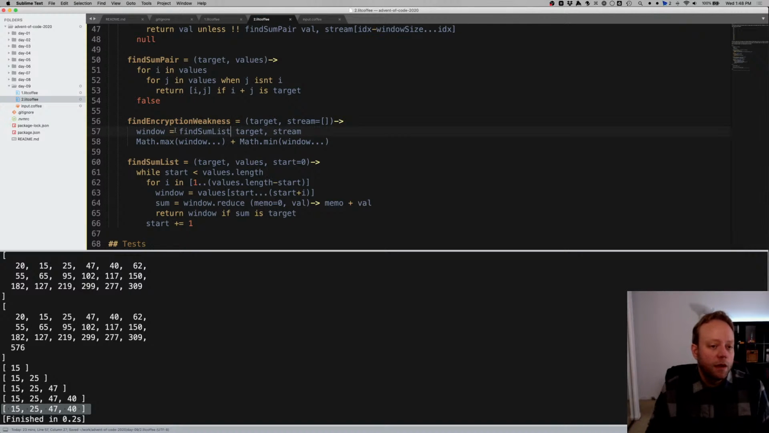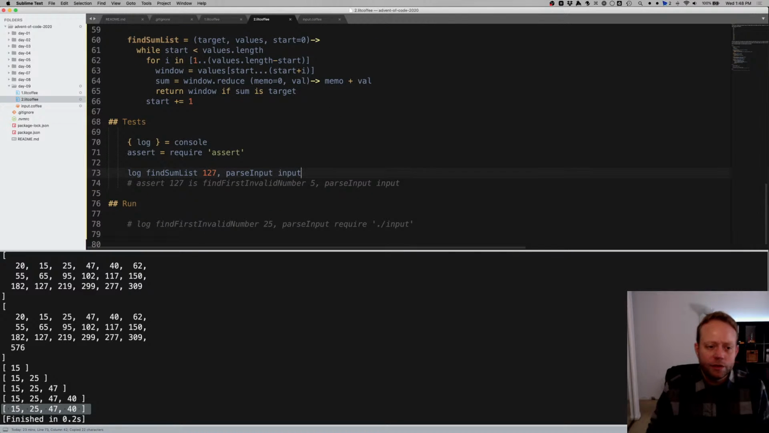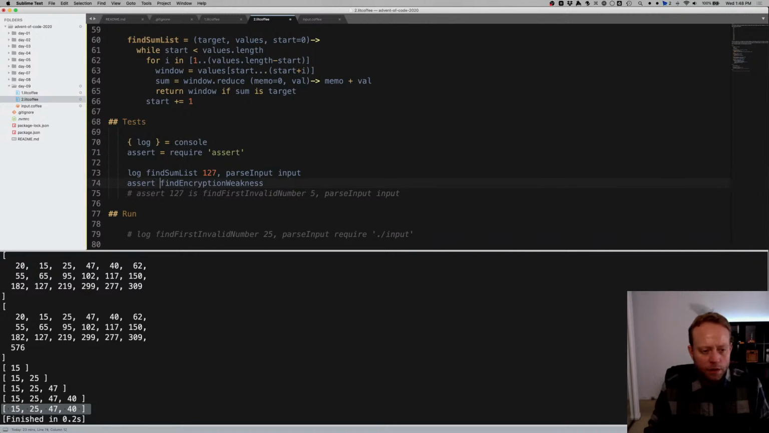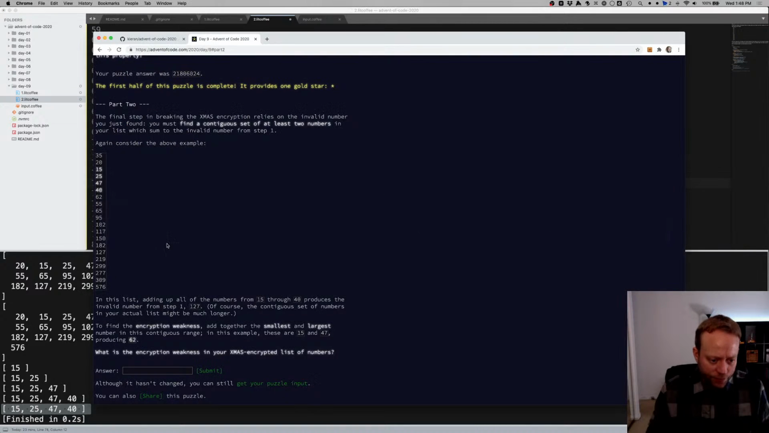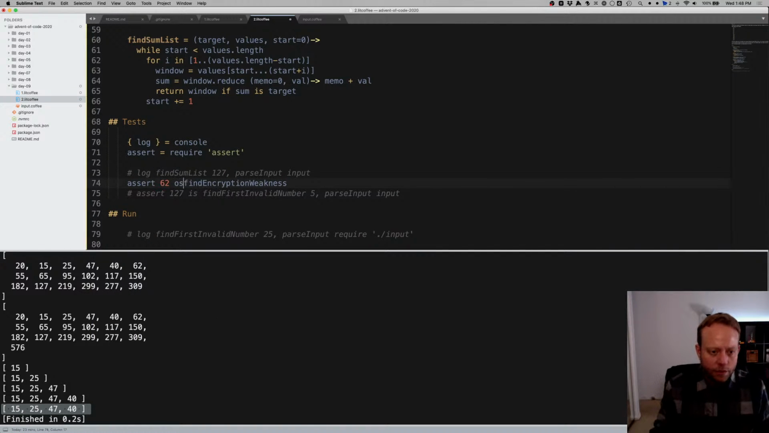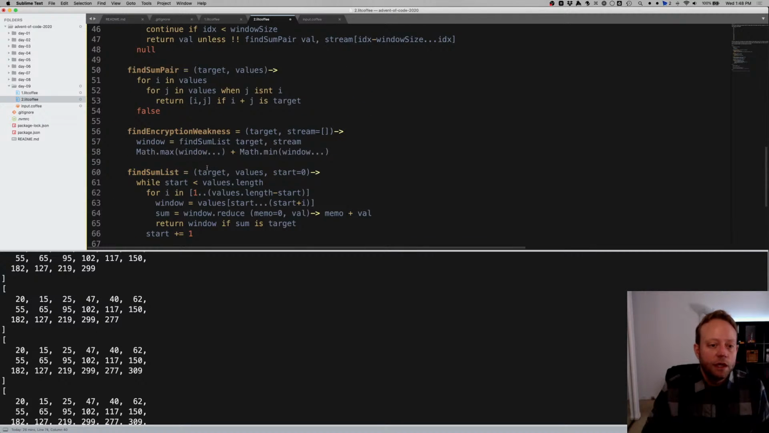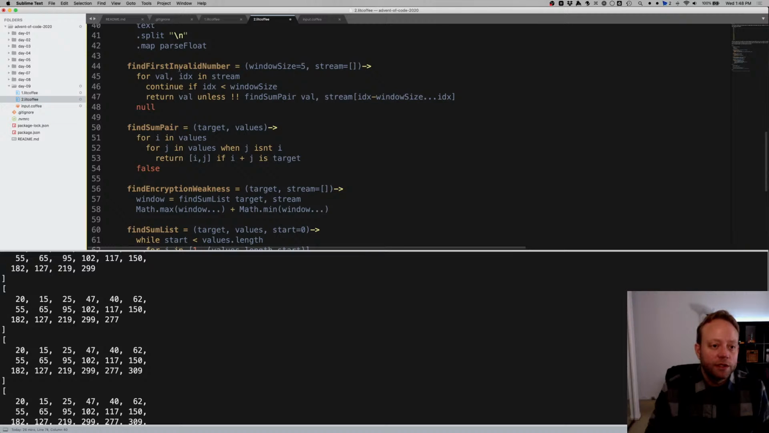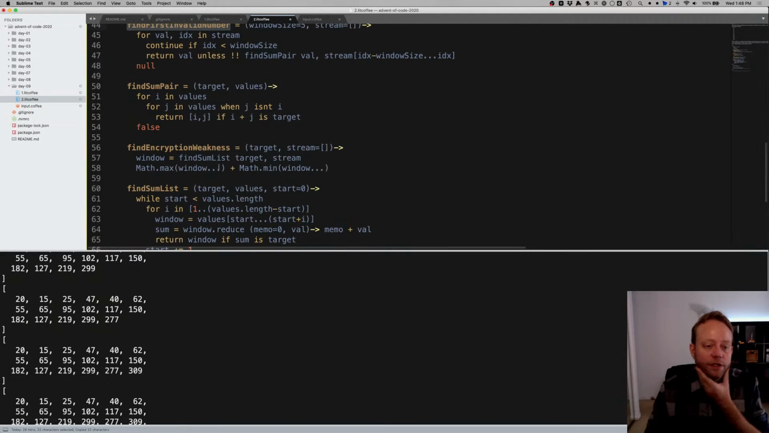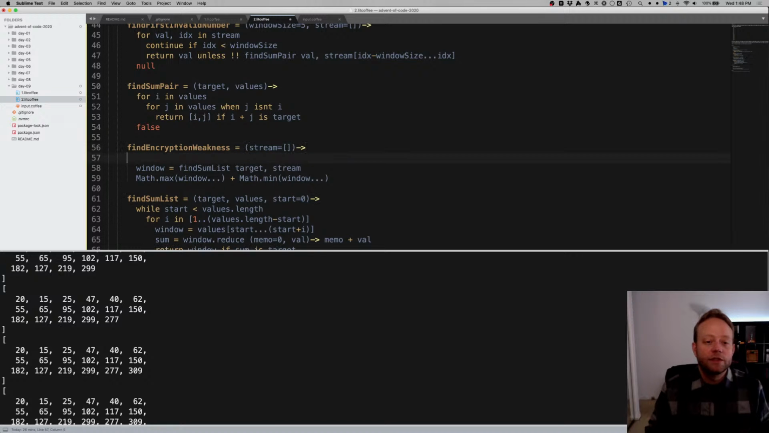Okay. So find encryption weakness. So we want to assert that, what did they say? 62 is find encryption weakness. And in order to find the encryption weakness, we want to find the first invalid number. So the target, I guess what we could do is just say find encryption weakness of the stream, and we could say target equals first invalid number stream,